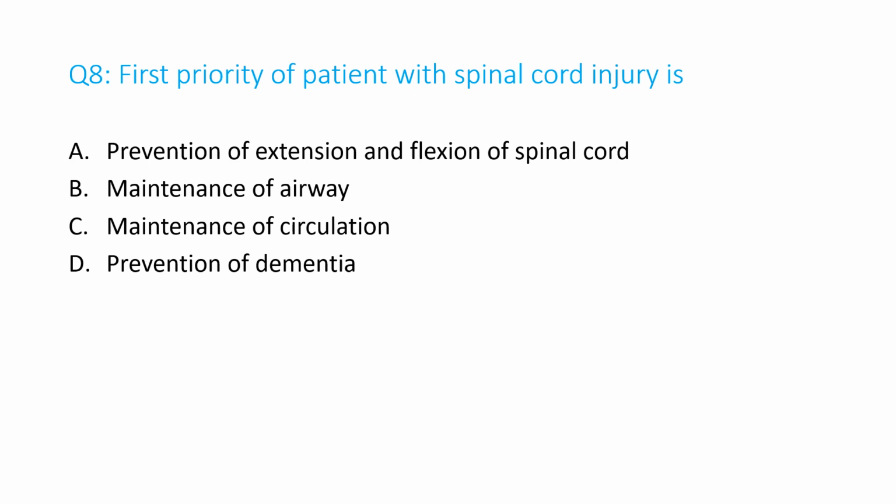Number 8. First priority of a patient with a spinal cord injury is A. Prevention of extension and flexion of spinal cord, B. Maintenance of airway, C. Maintenance of circulation, D. Prevention of dementia. And the answer is